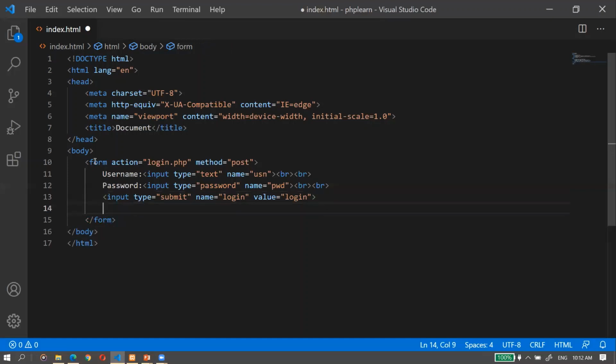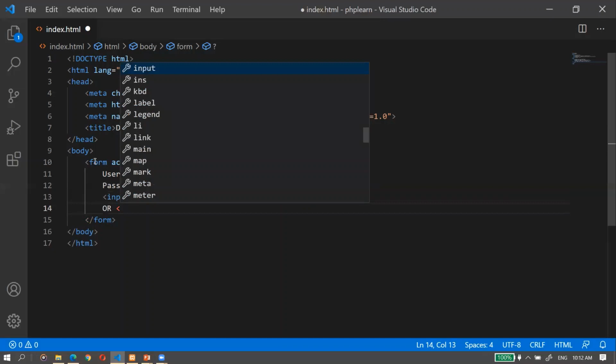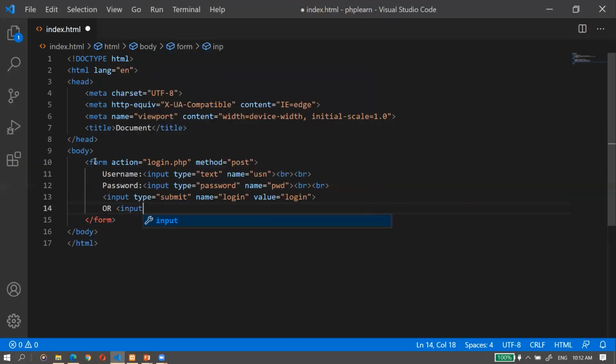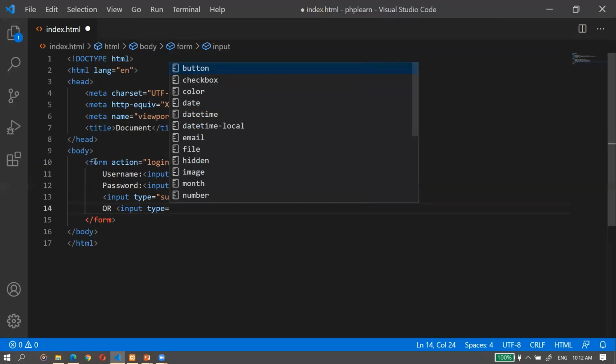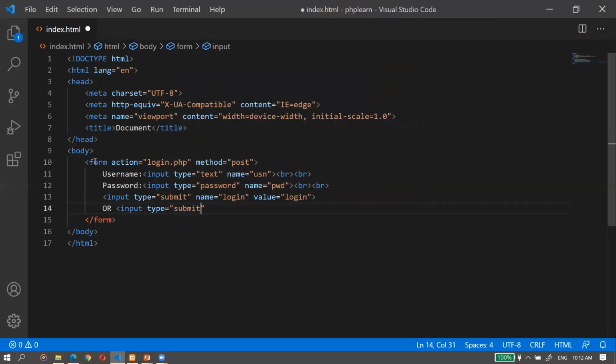And then one more. The name to this button I'm giving is register.